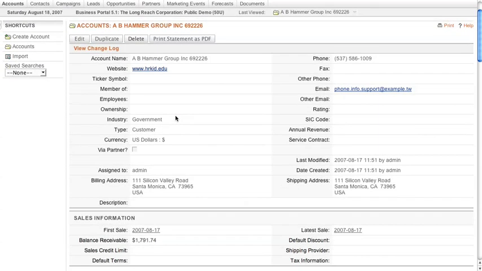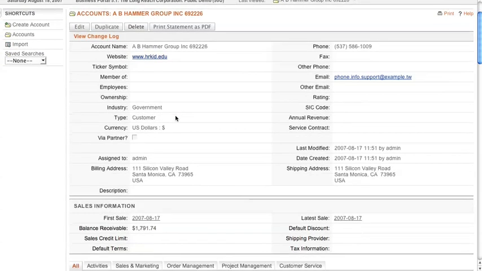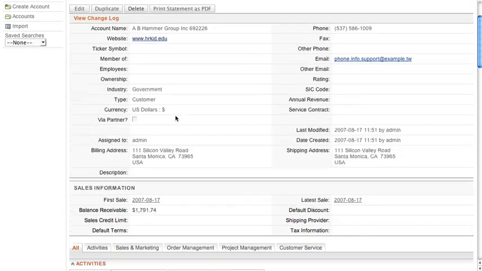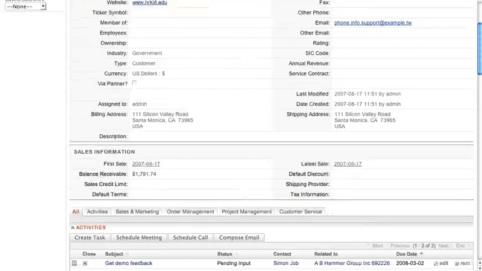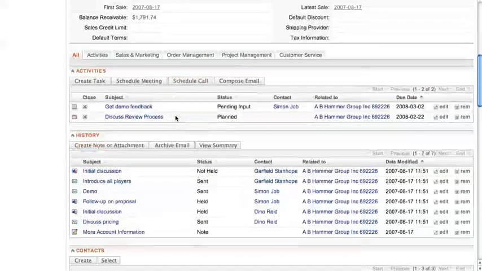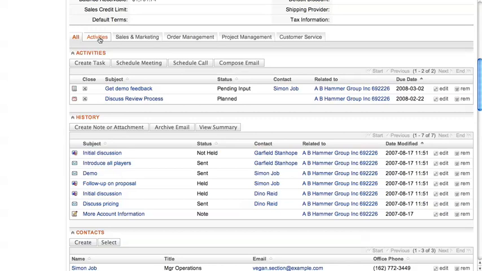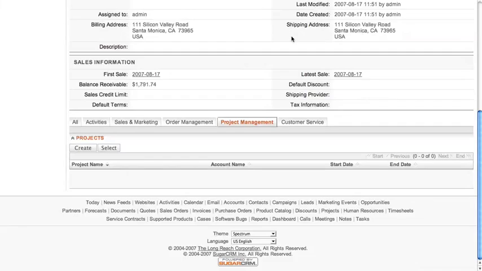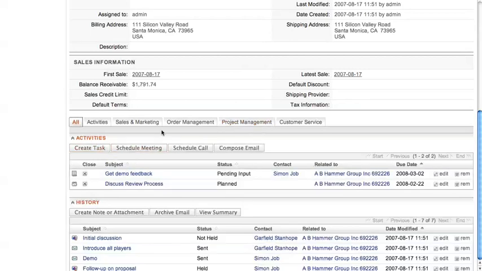Back to the Detail view, we see the main panel, in this case of account information at the top. And if we scroll down, we can see what are called subpanels of various related information, organized by the principal functional areas within the system. And we can see that they can be filtered on that basis. If we go back to seeing all of the subpanels,